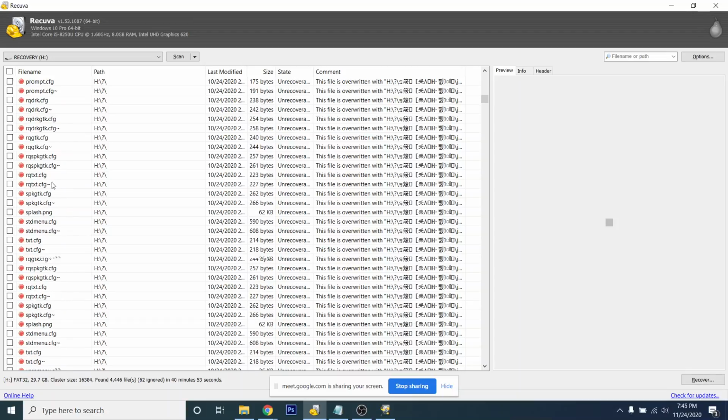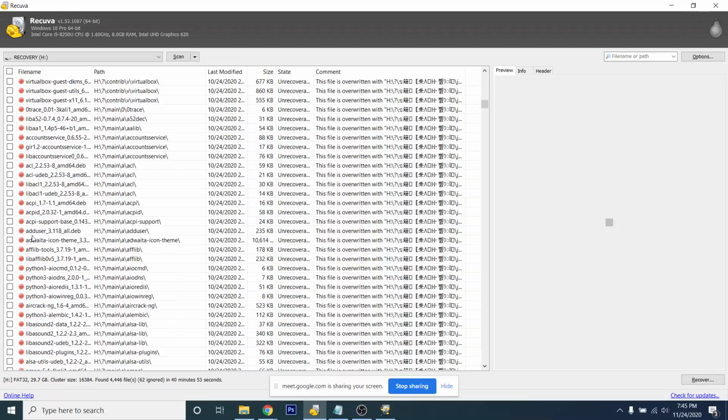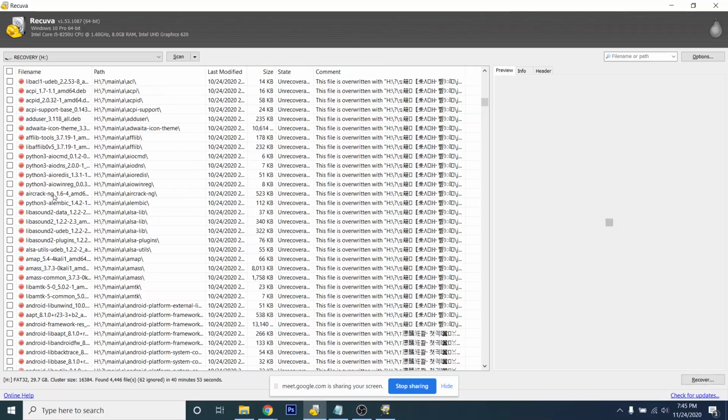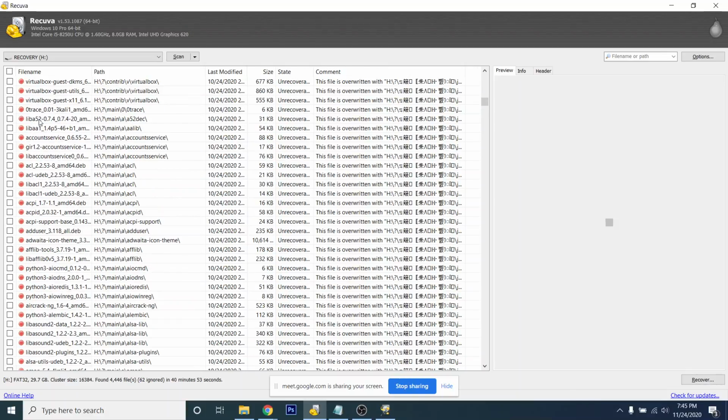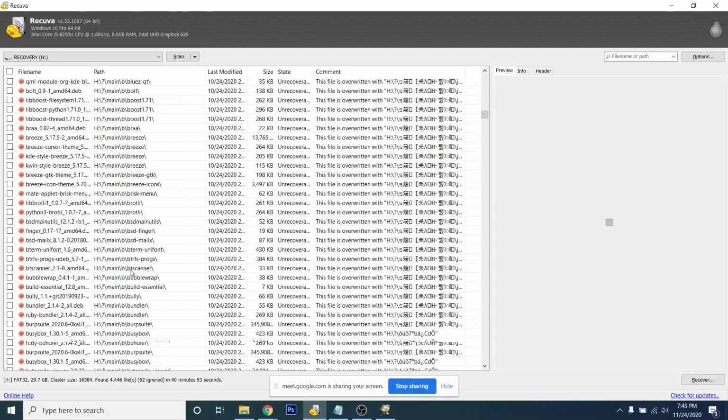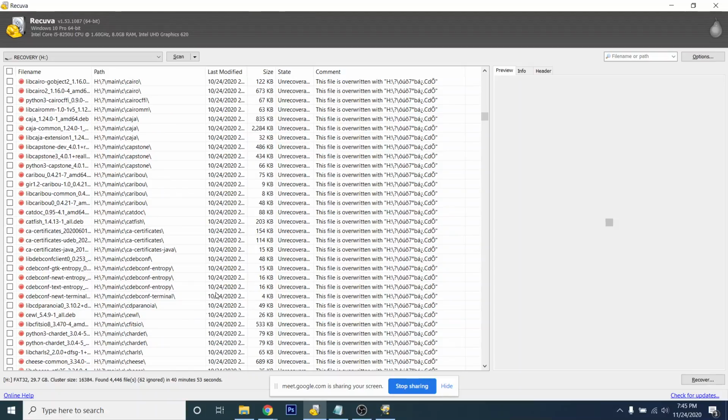Some have .txt, some have a tools list, Apache utils, Android support, VirtualBox guest, Python, and so many tools, because a Linux distribution has a lot of tools and directories in it. So this is the main overview.